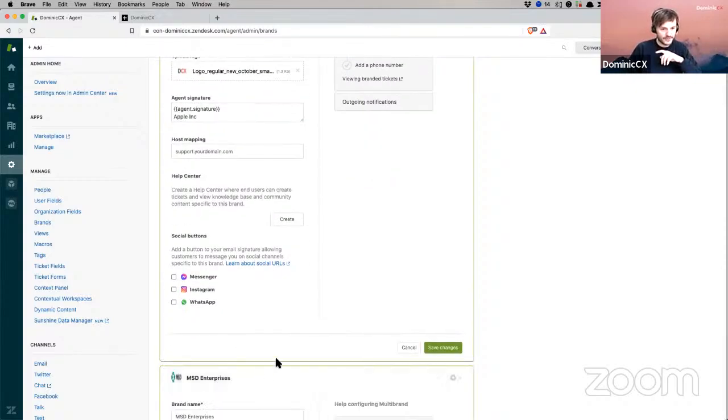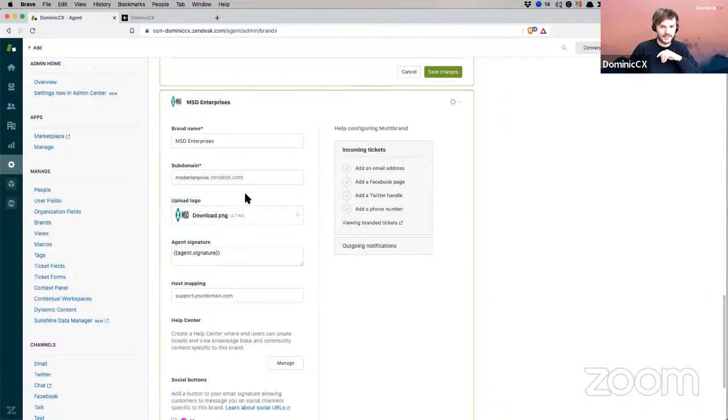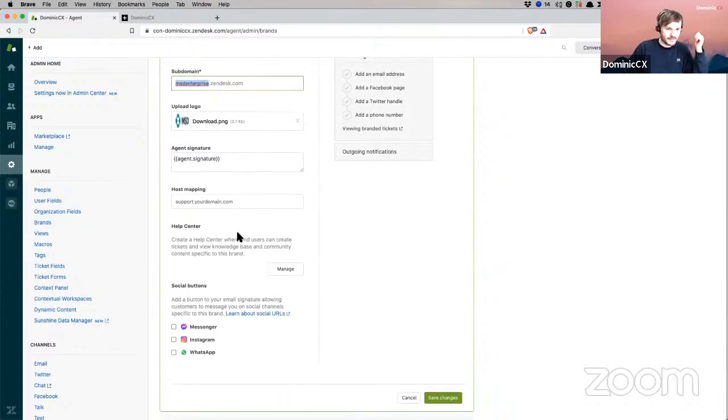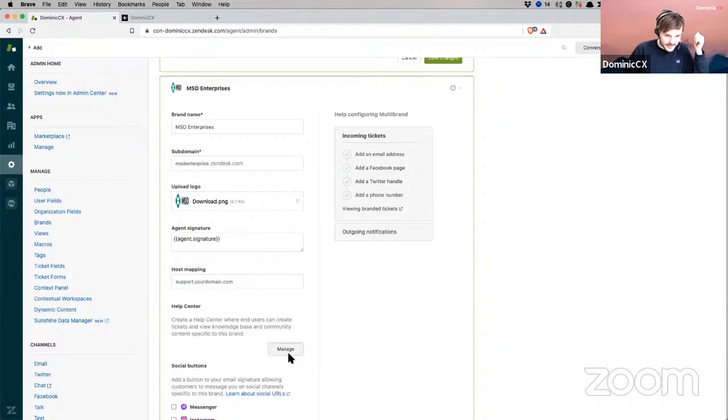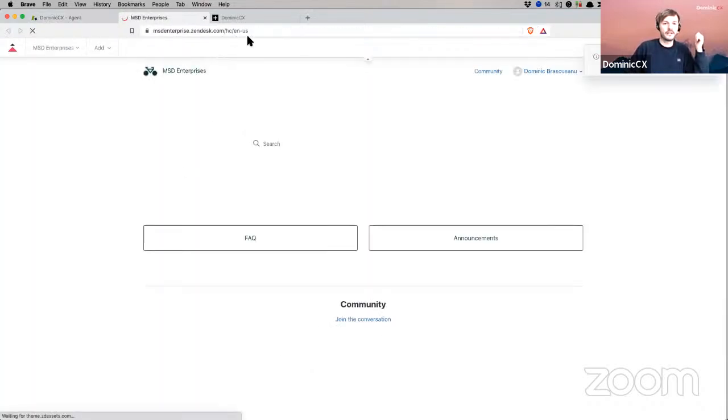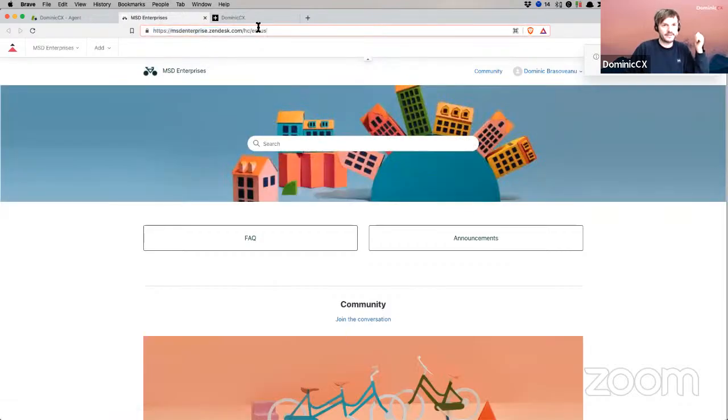This is brand number 2, MSD Enterprise. This is Michael's. And he also has a name. He also created a subdomain. He also has a signature, a logo, etc. Help center. By the way, let's see this one as well. So as you can see, I have another link, right? So customers can come in here and see articles only related to MSD Enterprise, and which are relevant only to